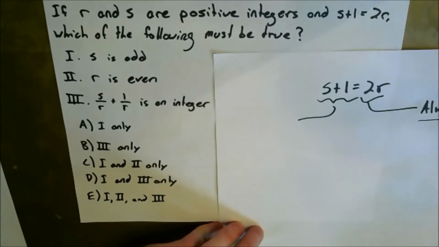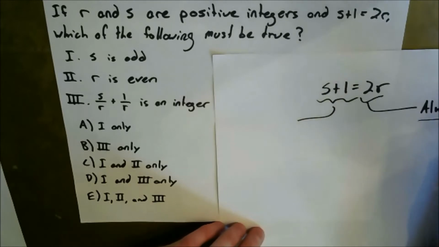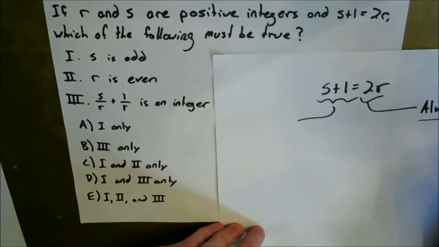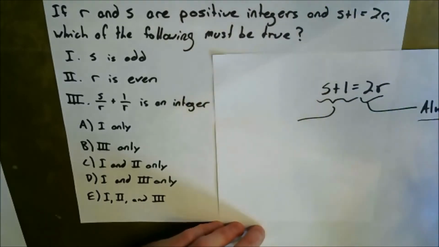True. 2, r is even. Well, this equation can still hold if r is odd, because if r is an odd number, the side will still be even, and then s plus 1 can still easily be made even with s being odd. So 2 is false. 2 does not need to happen. 3,